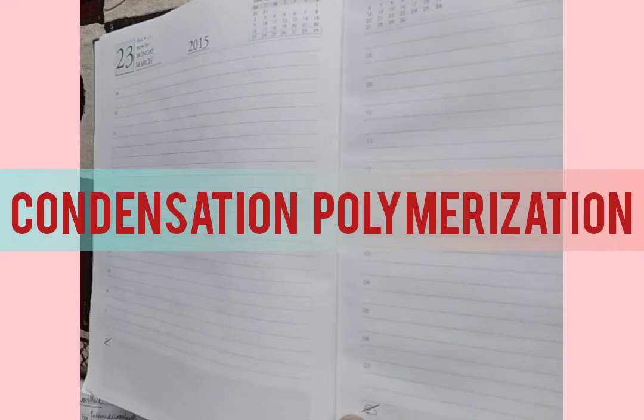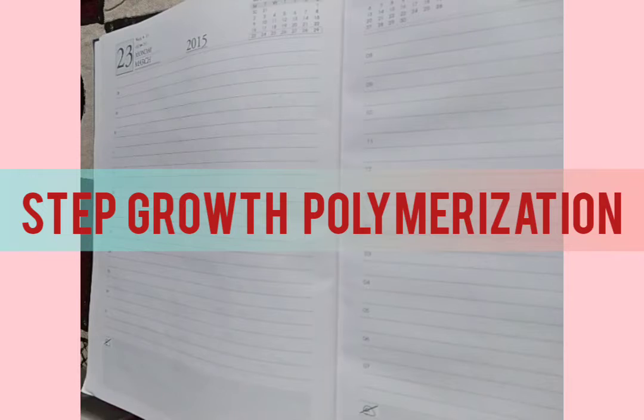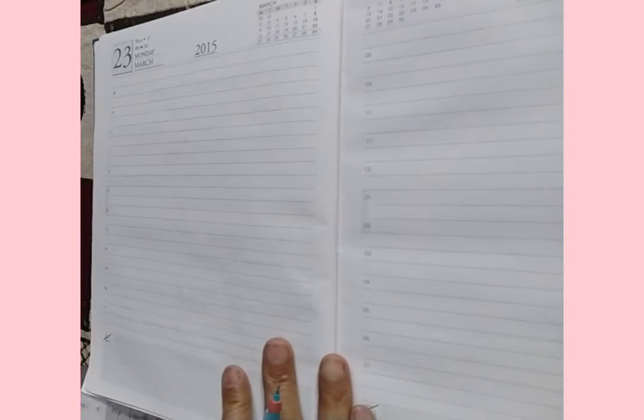Now class, begin with the condensation polymerization or step growth polymerization. For step growth or condensation polymerization, as we have studied, there should be a bifunctional or trifunctional group, and there should be a release of a simple molecule, H2O, alcohol, and so on. Generally in your class, what we are dealing with is the release of a simple molecule, mostly water only.